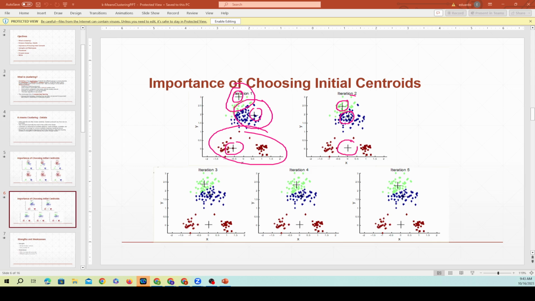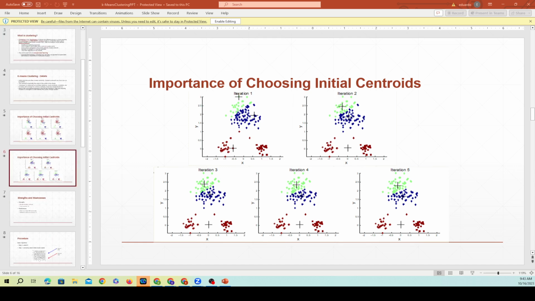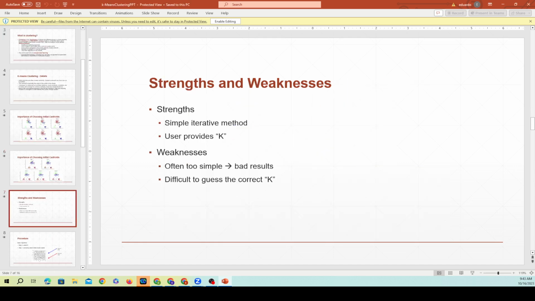And then you can see again, the green one doesn't move much, the blue one doesn't move much, and the red one stays in the middle, in the bottom part. So it doesn't change much in the iterations. This was not a very good clustering. It all depends on where you choose your centroids, that is going to give you the outcome. So we always want to try different setups, different centroid locations as a start,